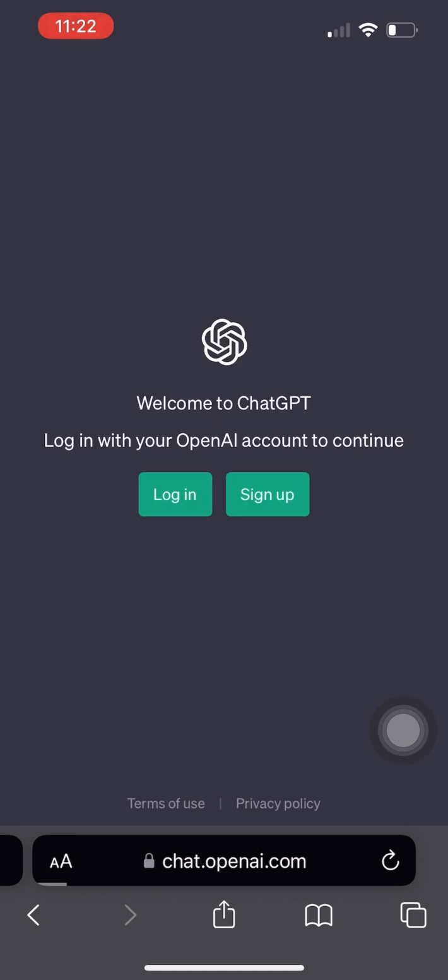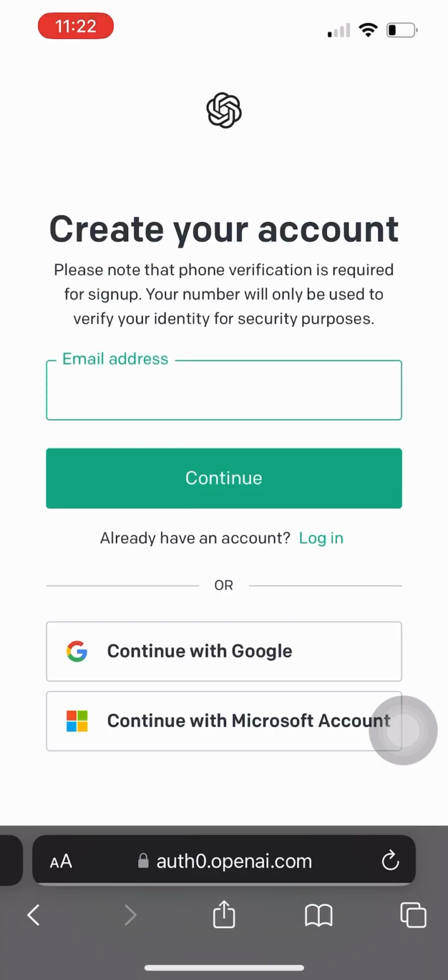Once the application or site has loaded, you'll see that you'll have the option to either log in or sign up. Now, press sign up and it will redirect you to a new page. Just wait for it to load, and once the new page has loaded, you'll see here that you will have